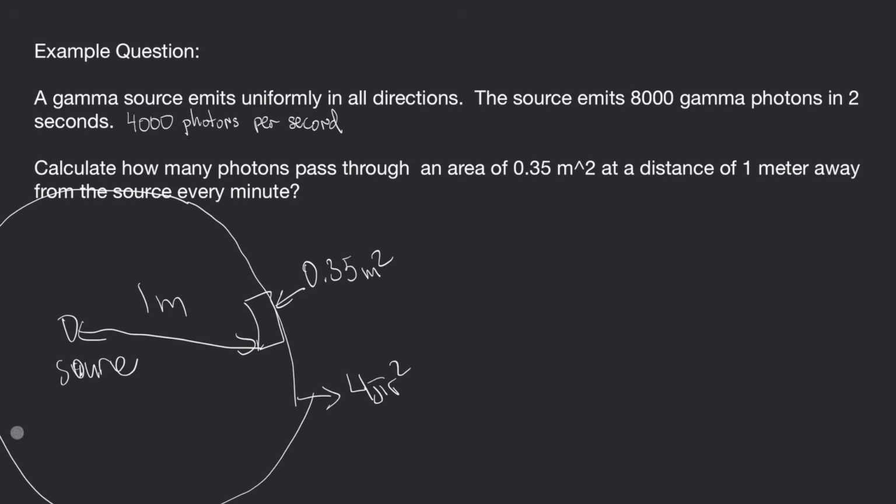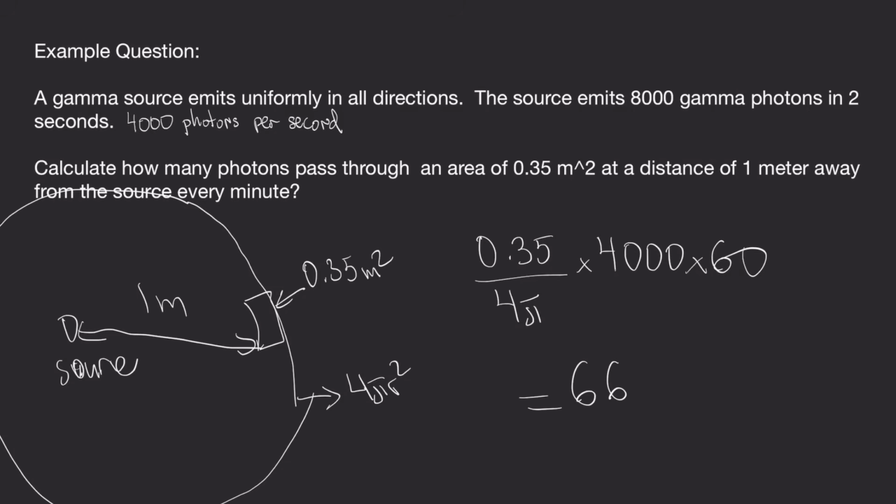So the number of photons that pass through this area will simply be related to the proportion of the areas. We're going to have 0.35 divided by 4 pi 1 squared, which is just 4 pi. This will be a fraction of the total amount per second, which is 4,000 photons per second. And to get the number of photons per minute, we just need to multiply this by 60, giving us around 6,684.5, well, shall we just call that